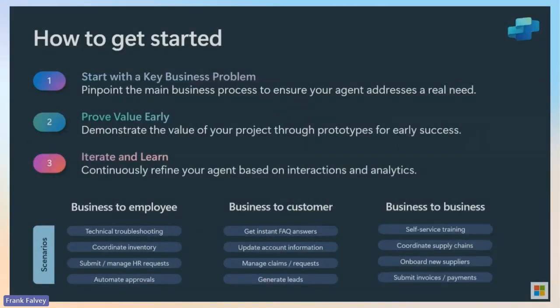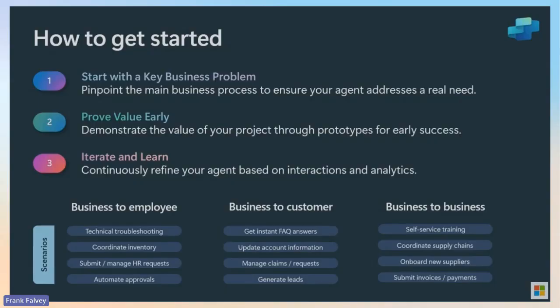How to get started, right? Pinpoint the main business process, so you don't waste resources. Find out the main business process that you want to address and the real needs before you start spinning up stuff and using company resources.